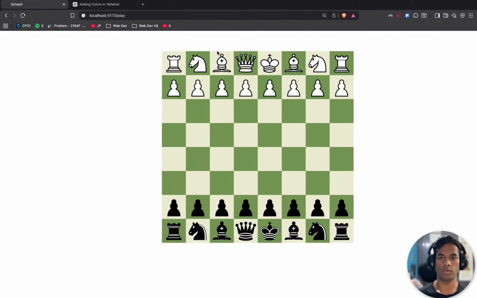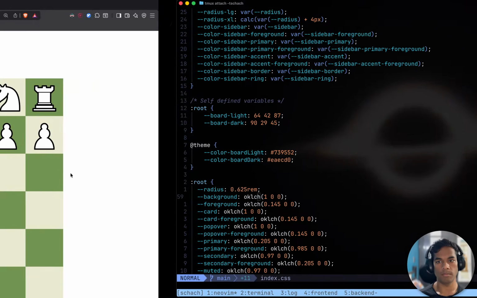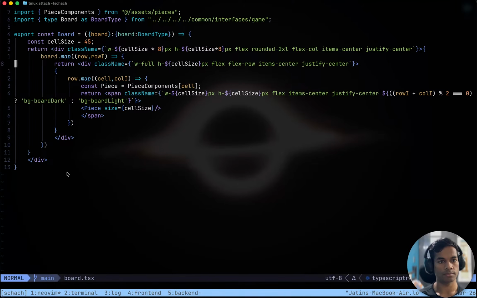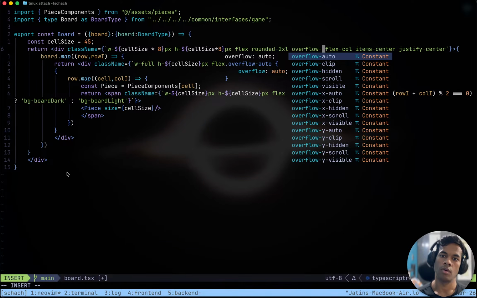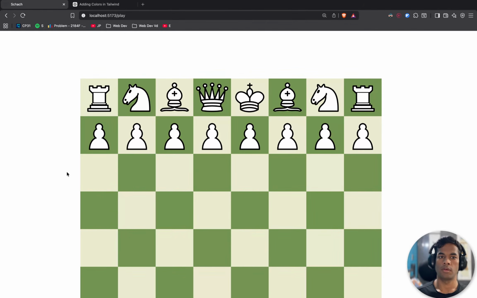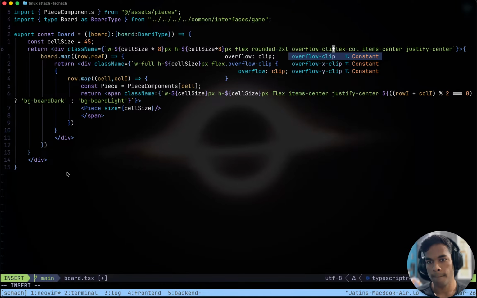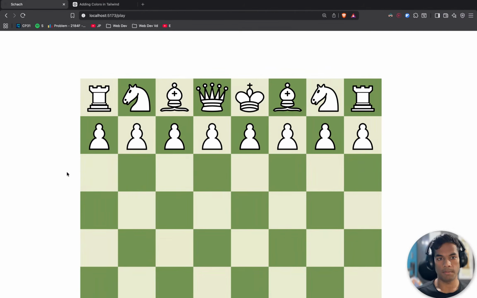Now we also want to add a little bit of styling to this thing. That would be a bit cool for the board. This is the board. Let's give this thing roundness, and overflow hidden, and okay, nothing. Overflow clip.